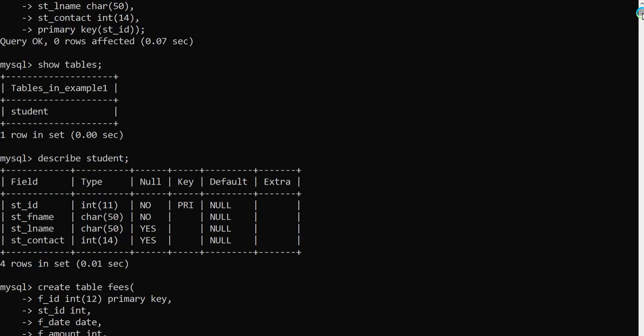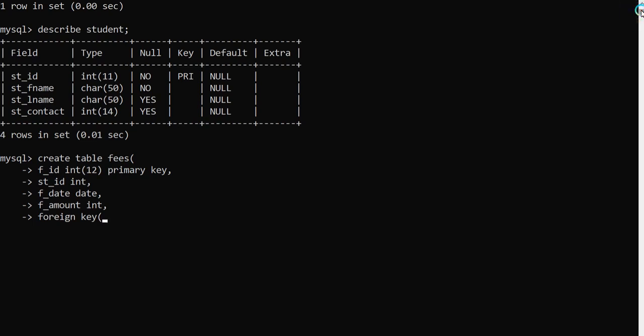Then we are going to write about the foreign key, which key in this table will work as a foreign key. So we have to write the foreign key keyword, see the spelling carefully. Let me scroll a little bit. Here we have to write the name of the column that will work as a foreign key. So foreign key, inside the bracket, the name of the columns.